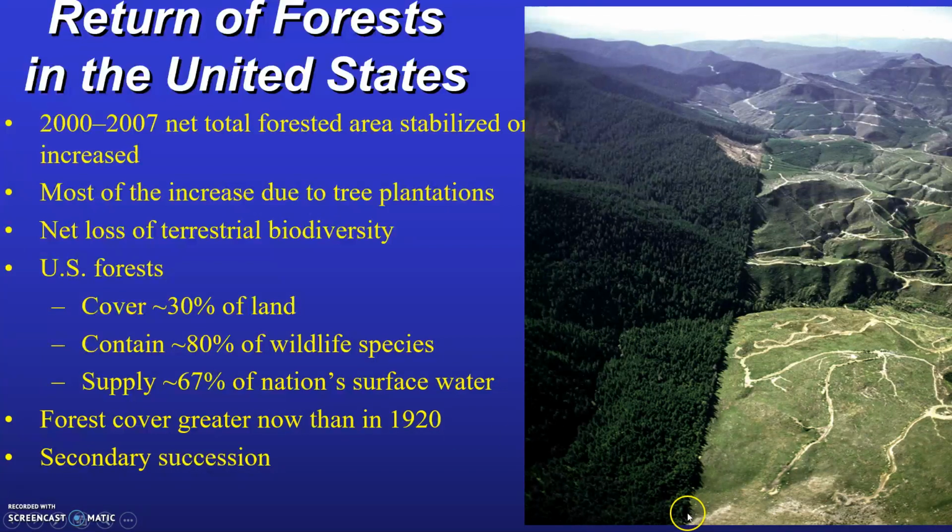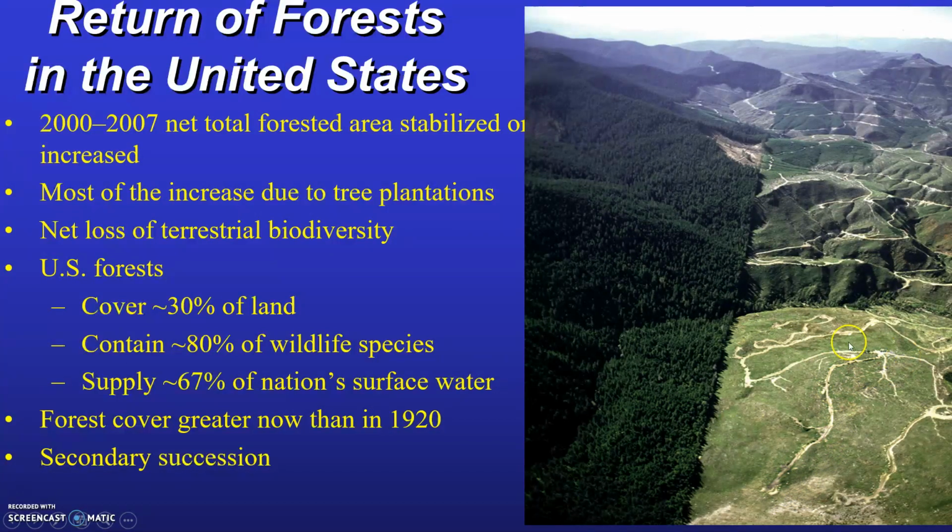The picture on your right has a very straight boundary between an area that was clear cut and an area that's forested. And I often ask my students, what do you think caused this boundary to exist right here? Sometimes they say, well, maybe this is a national park, and they clear cut right up to the edge. Maybe this is a nature preserve or a national forest, and they clear cut right up to the edge. Or perhaps this is two different states. This might be Idaho, and this might be Wyoming, and maybe they allow clear cutting in Wyoming. So there's definitely a distinct boundary here, marking out the clear cut area from the uncut area.